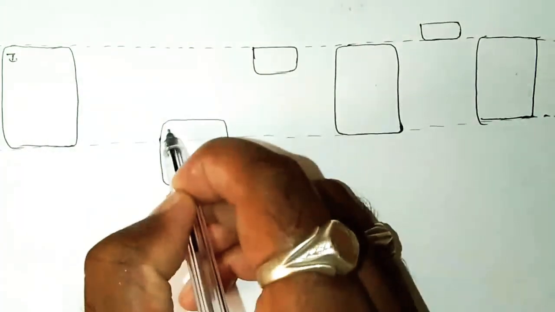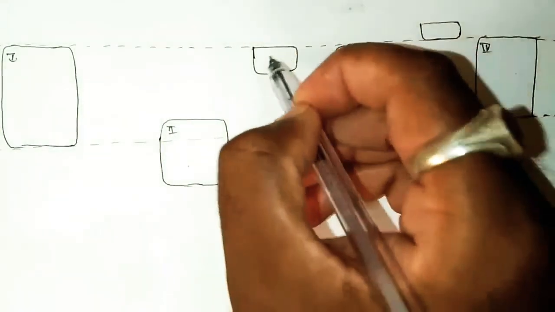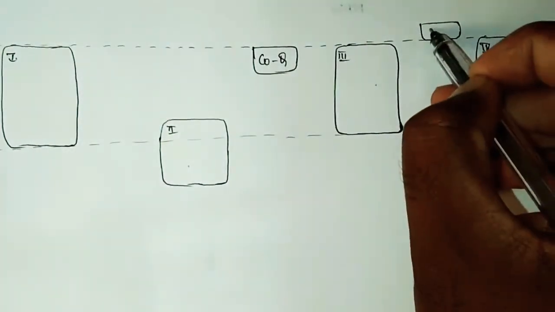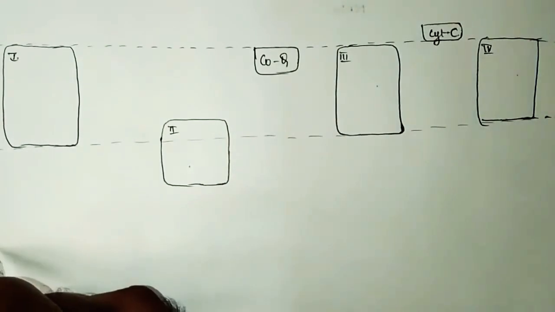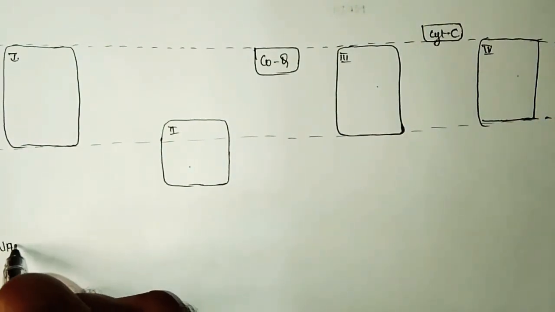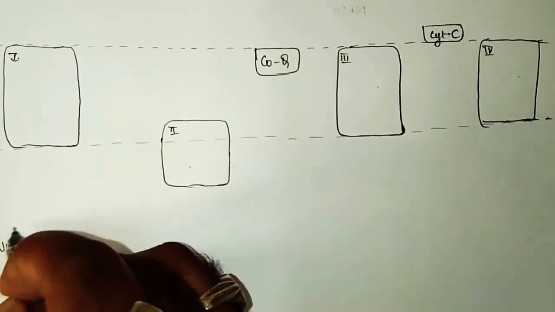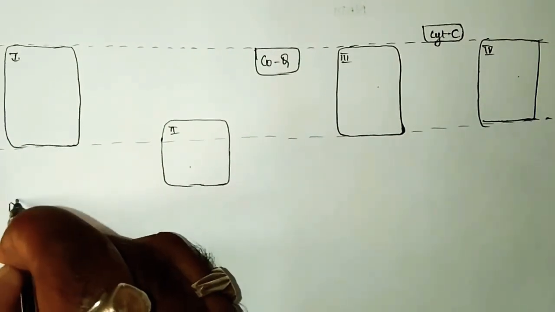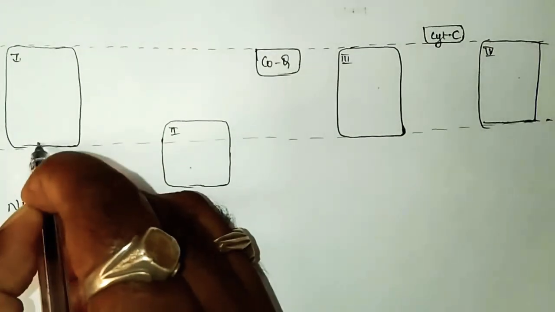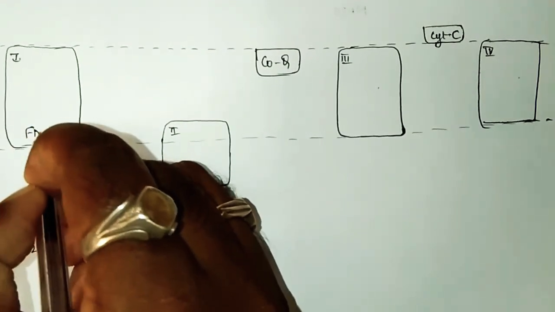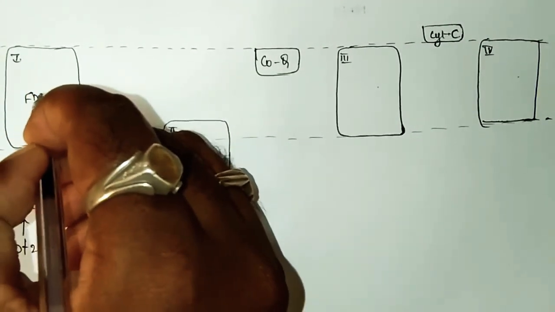This is complex 1, this is complex 2, this is complex 3, and this is complex 4. So in between of this there will be coenzyme Q and cytochrome C. So in first case, the hydrogens will be received by NAD, 2 plus 2 electrons. So by receiving the hydrogens from the substrate molecule, NAD will change into NADH plus 1H plus, and from this the electron will get transferred in case of complex 1, that is to FMN, and from FMN the electron transfer will